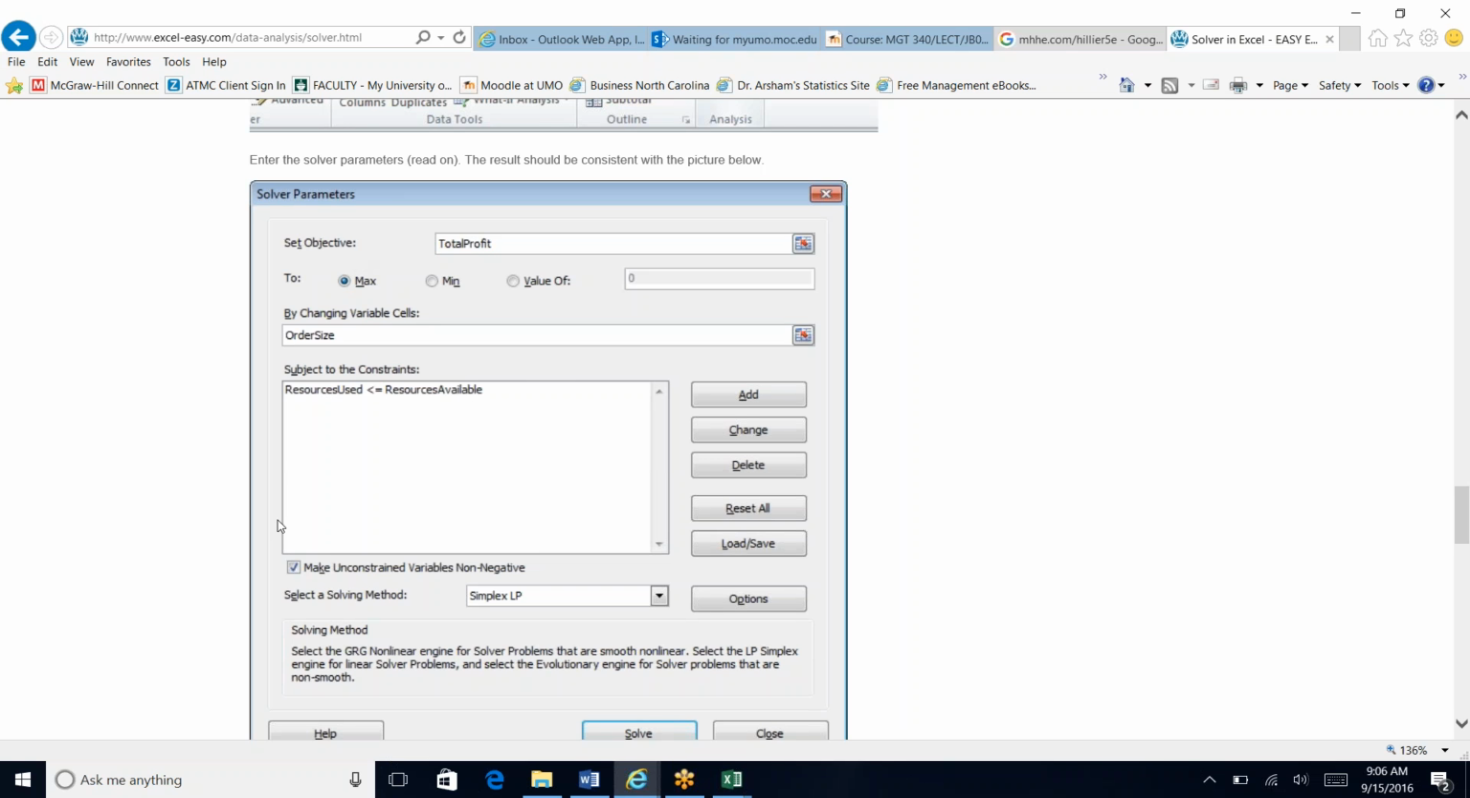And what this solver parameter is really saying is that I want to maximize my profit based on my order size, but I cannot exceed the resources that I use. It has to be less than or equal to my resources available. Then we're going to make these constraints non-negative by making sure that box is checked, which indicates that